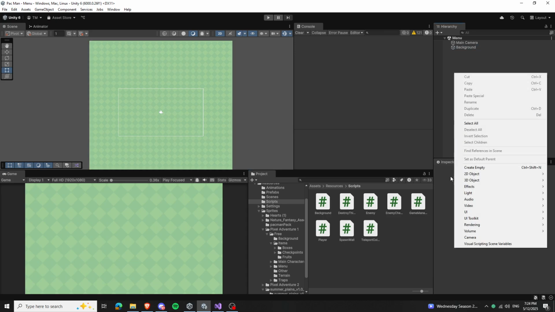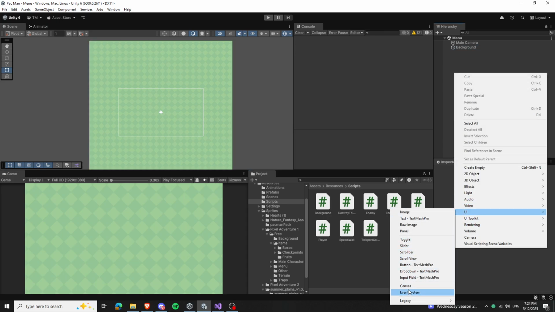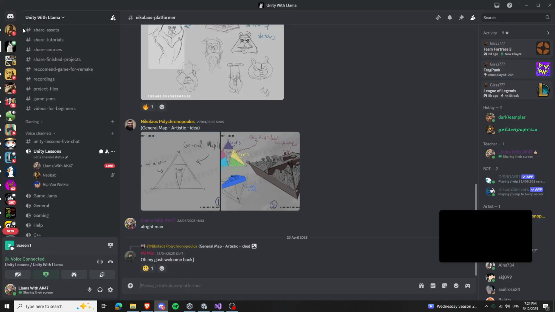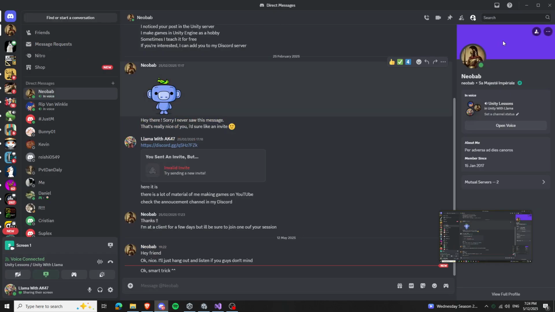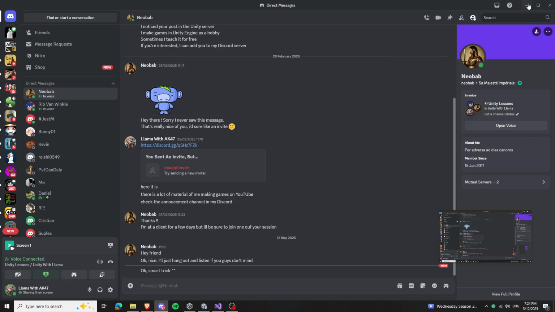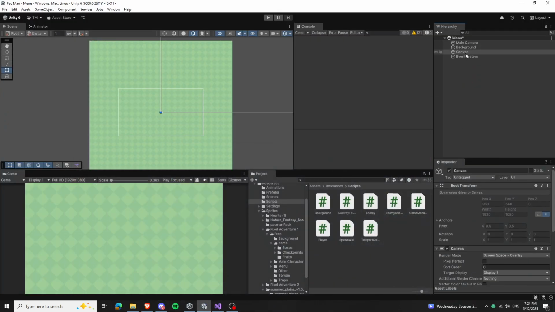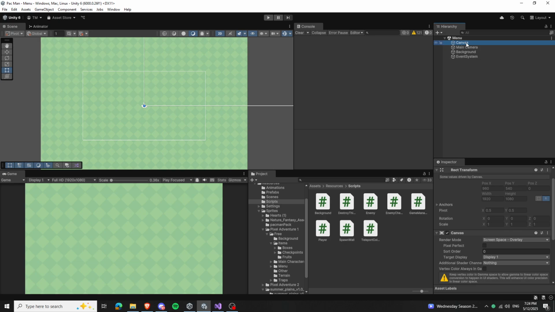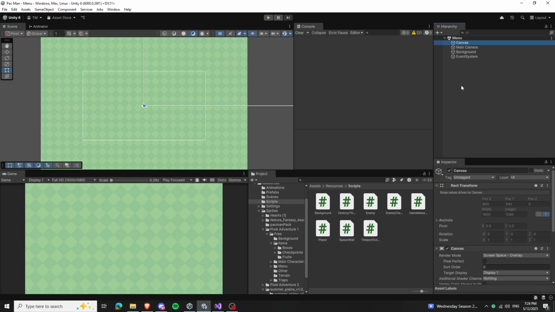Meanwhile, I can create some UI here so that we don't waste time. Yes, I'm sure there is a way to do it with the animator, but I'm not sure how at the moment. So this will be very simple. This is just the play button here, and maybe some decoration so that it looks nice. So for the canvas,